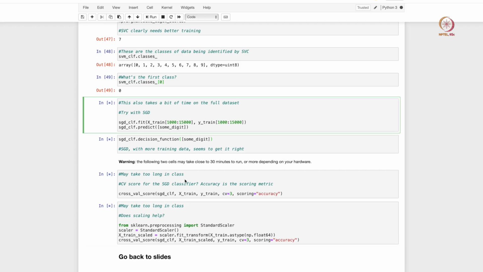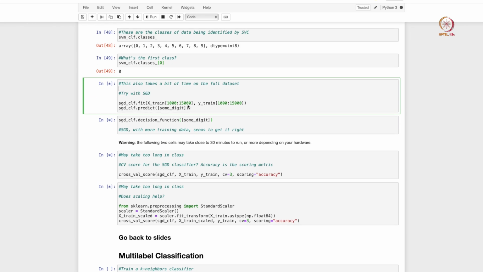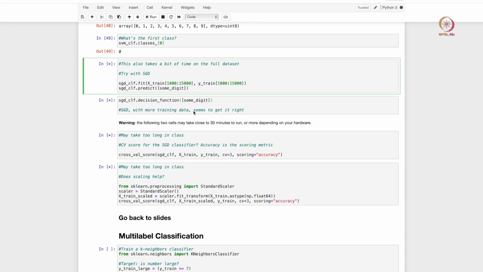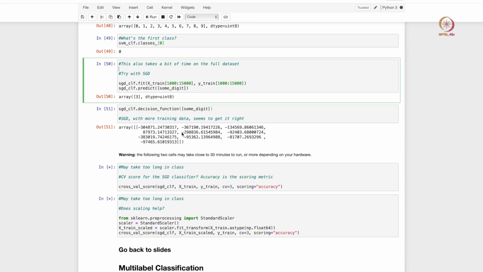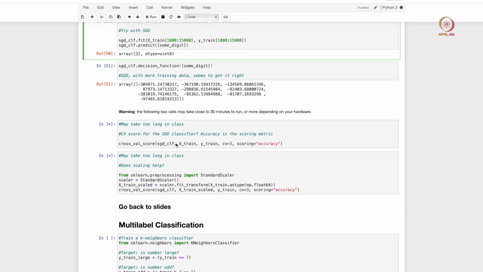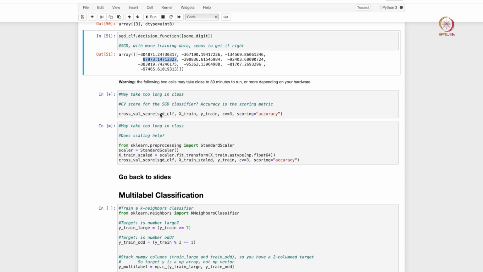The final 4 code blocks here increase the amount of data in the training process, and with more data you should see that the model is getting things better. I think it is indeed getting better. Yeah, so with more training data you see that the highest score is, so the first value is 0, second value is 1, third value is 2 and fourth value is for 3. You see that for the same digit the model is now getting it right. So it is able to predict it as a 3 and not a 7, right.